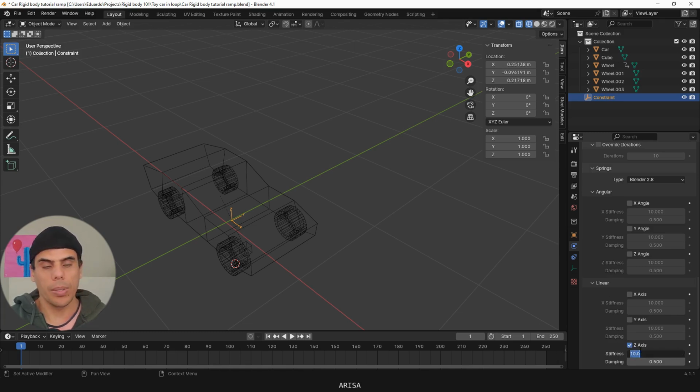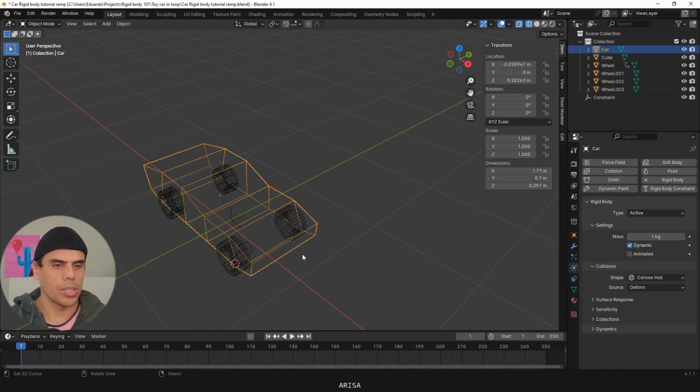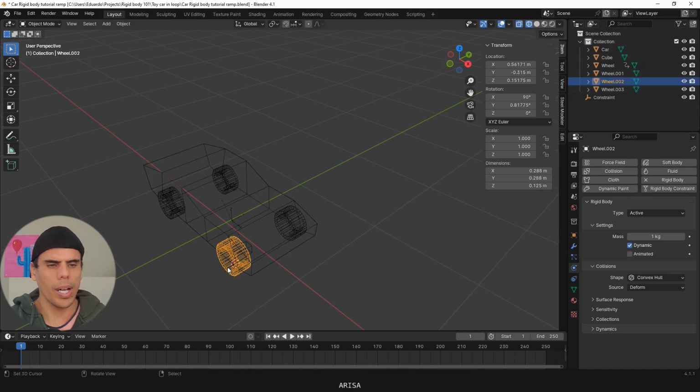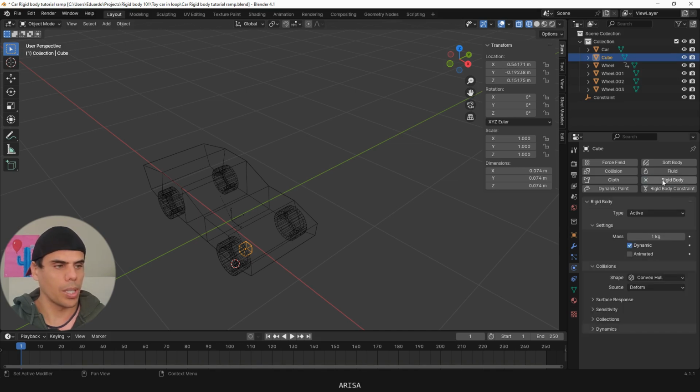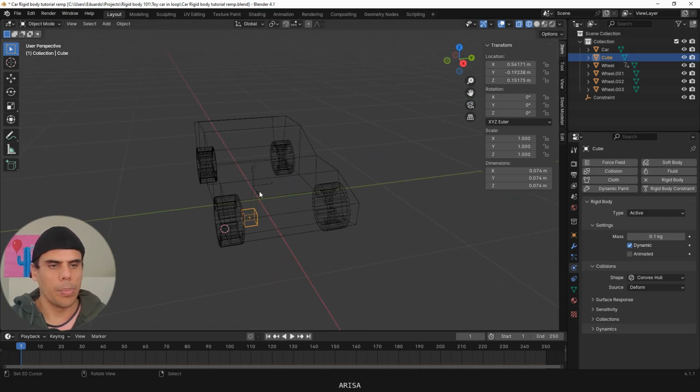I have done this many times, and I know that 500 newtons of stiffness and 10 in damping will work. But for that, we need to select the body and make it 10 kilograms. The wheels are fine at 1 kilo. And for this little box, we need to add the rigid body property and make it 0.1. That will work. Now these two objects are connected